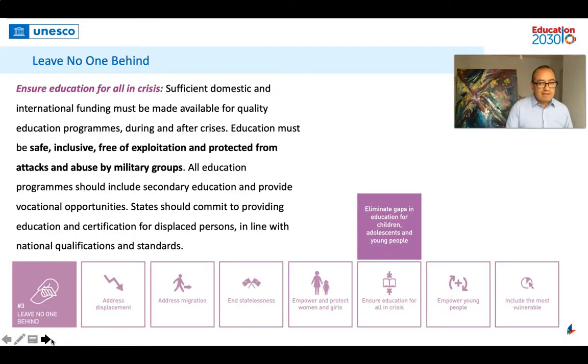So it's very important to clarify that within what we will call element number 3, leave no one behind, we have this transformative action: to ensure education for all in times of crisis.